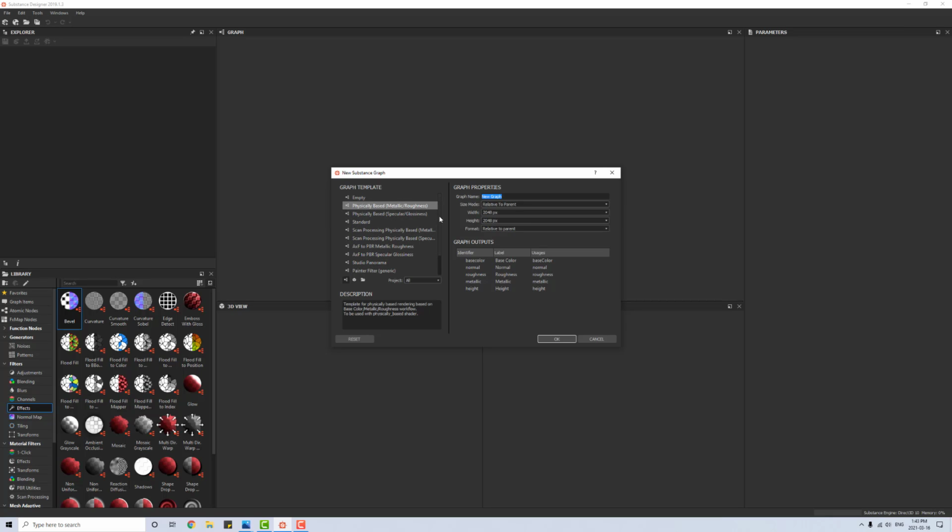You're going to see a lot of options here. We're looking for physically based, and we're going to pick metallic and roughness. Now I'm going to name this sci-fi_box. And we're going to leave all of the other settings regular, except for